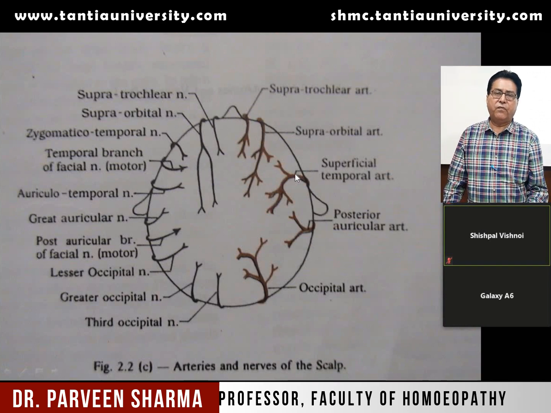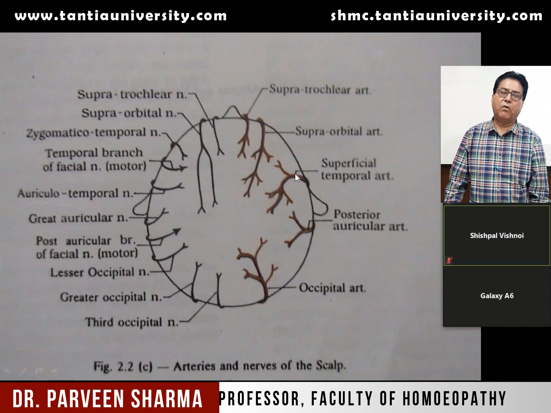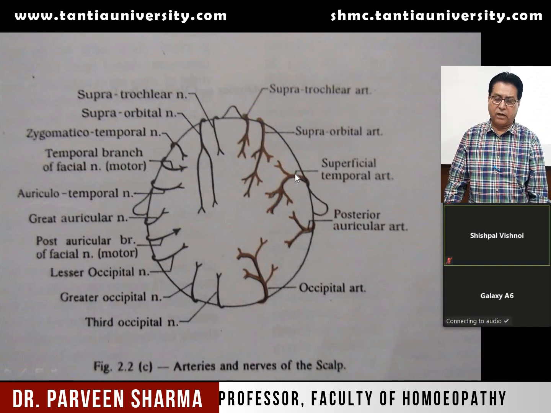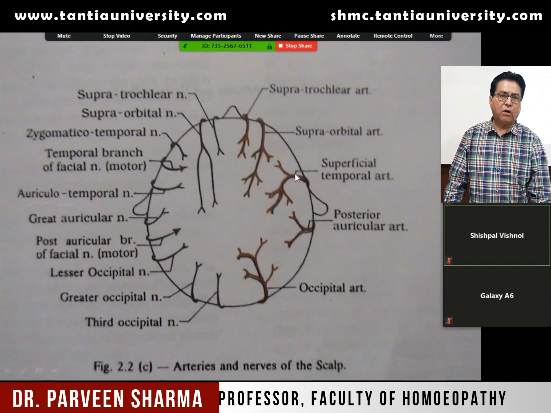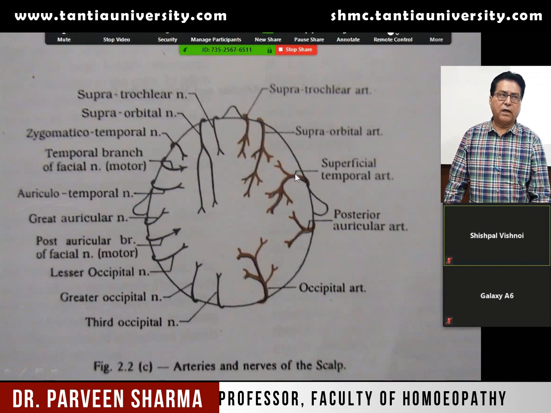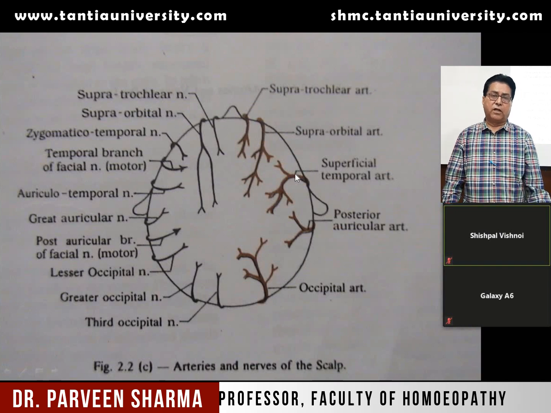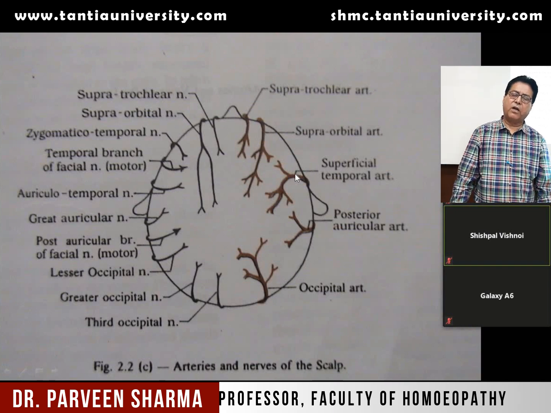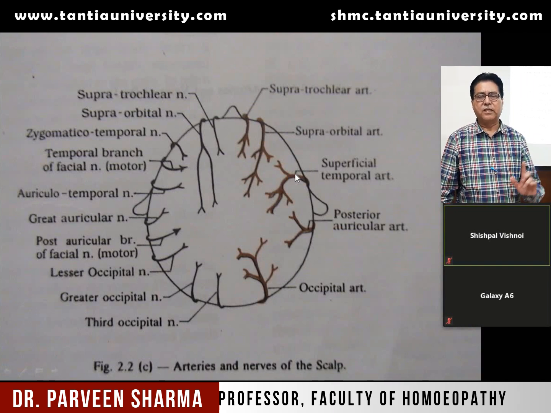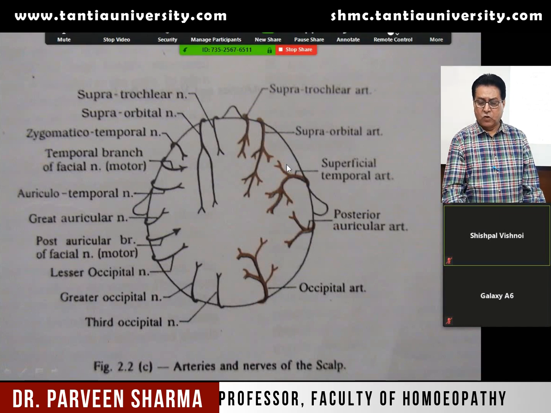So now what is the significance of telling you about internal and external carotid artery? Scalp has got rich blood supply. It is supplied by both the branches of external as well as internal carotid artery. So in case of blockage of blood supply, if one artery gets blocked, the other can compensate. So it is supplied by internal carotid branches that's from inside of the skull and external carotid that lie outside of the skull. So these three are in front of the auricle, ear.